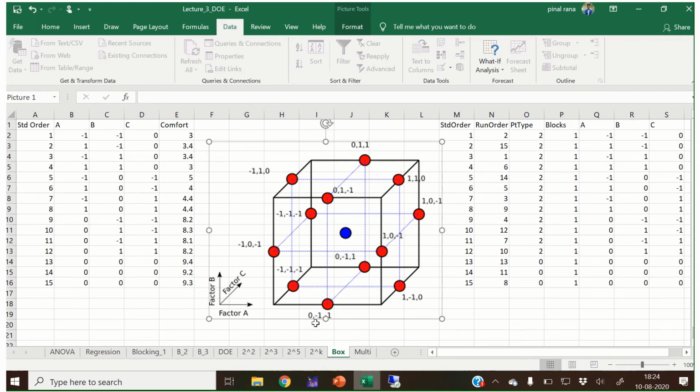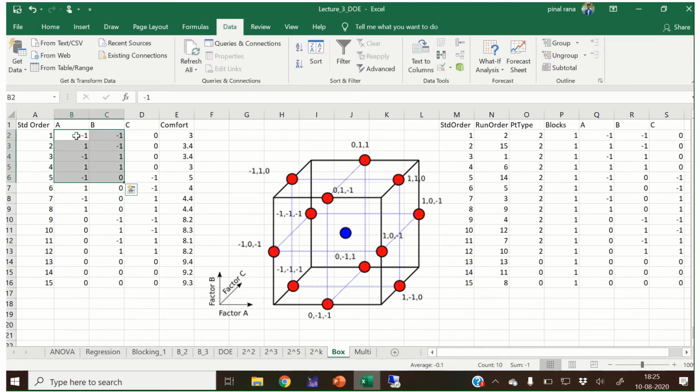The first one is 0, minus 1, minus 1, or we can start from any random point. But here, what I did is I took the 2 raised to 2 factorial design and wrote it down over here, and the remaining boxes are filled with a 0 value.